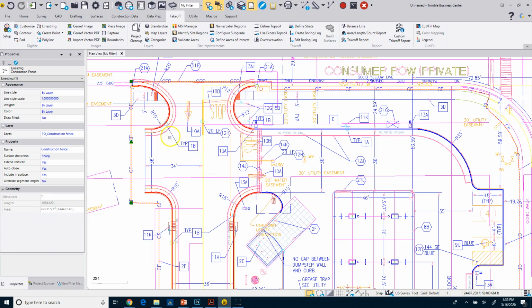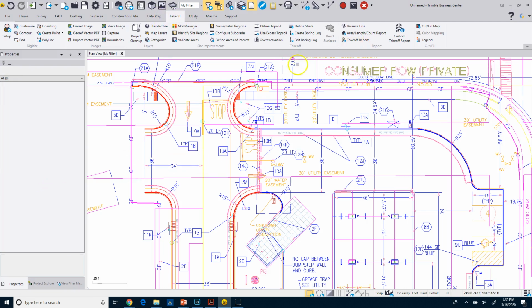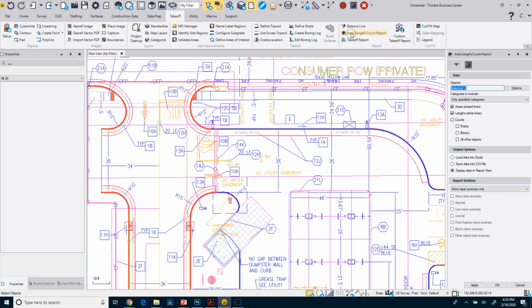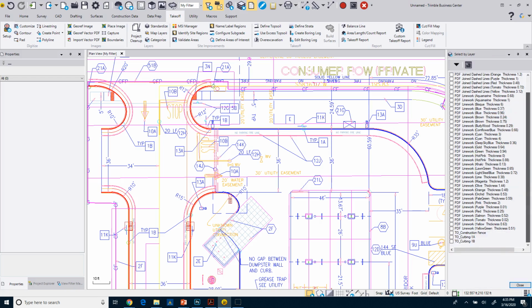Now, it would be very difficult in this case because these lines are all broken. I would either have to go join them, right? Because this is only showing me the distance of just that one line. But if you go to the Takeoff tab and go to the area length count report and select the objects by layer. So if I come in here and say, now I want to select by layer,